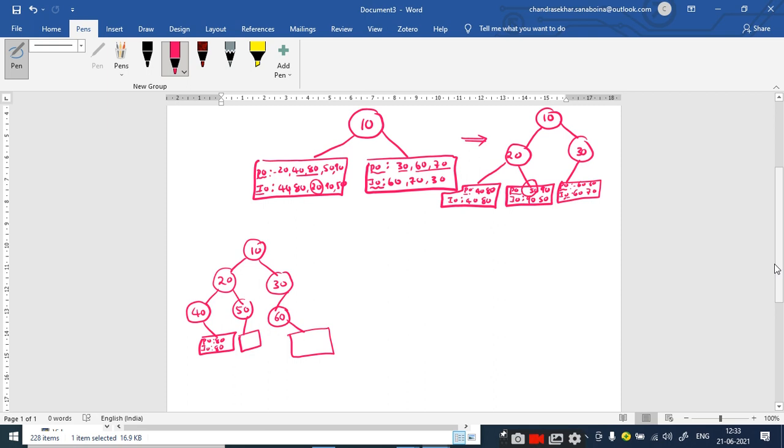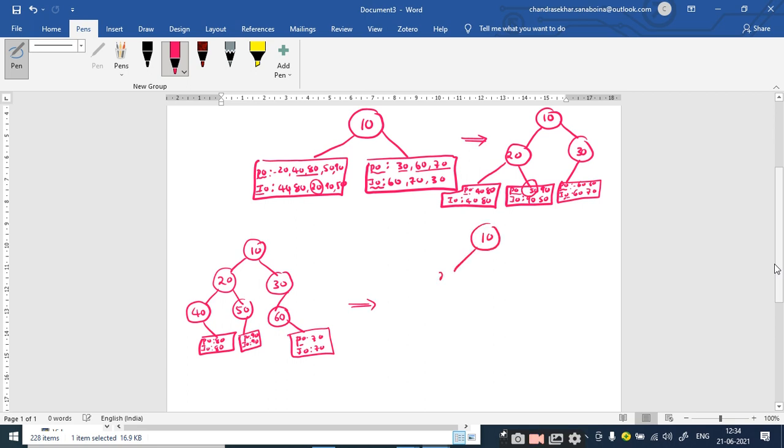What happens to 50? There exists only one element, that is 90. In the pre-order also I have 90. And here 60 has only a right child, that is, the pre-order is 70. Similarly the in order is 70. Right. So now at the final stage you draw the diagram.